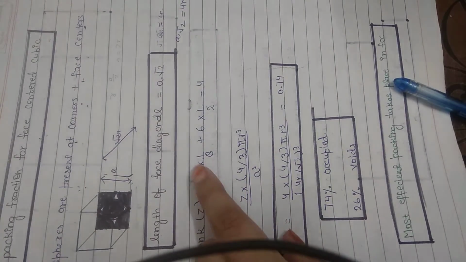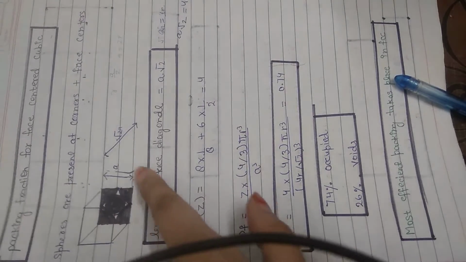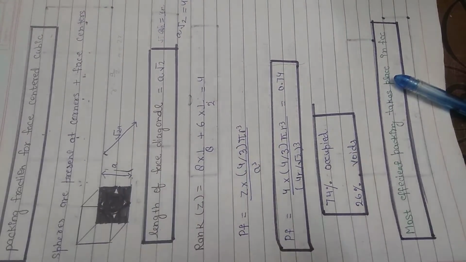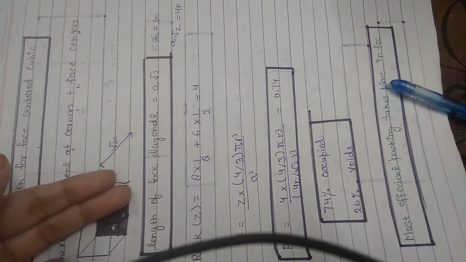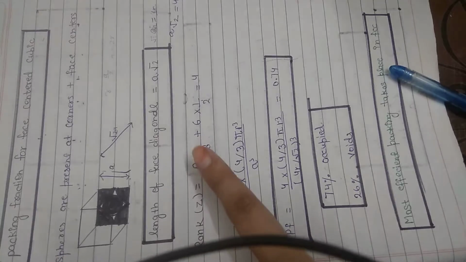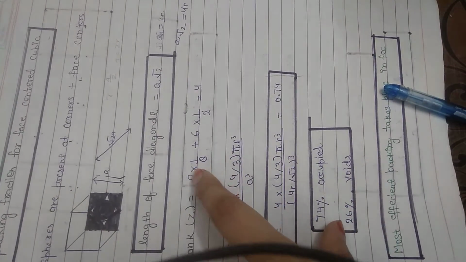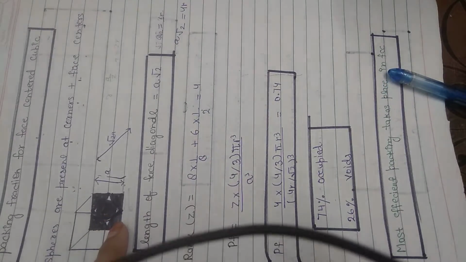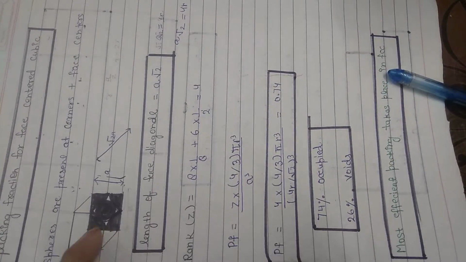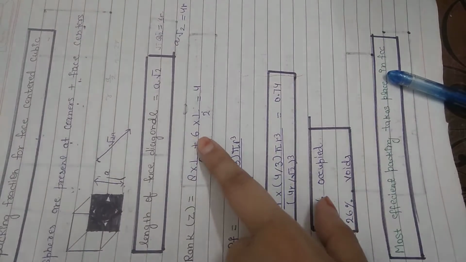Here are 8 atoms: 1, 2, 3, 4, 5, 6, 7, 8. You can see 4 atoms here and 4 atoms here, so there are 8 atoms. Each atom has 1/8 part inside the cube, 1/8 part of every cube. Then we multiply 8 into 1 upon 8, plus